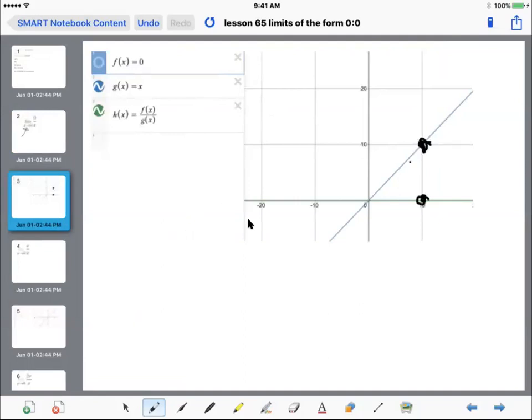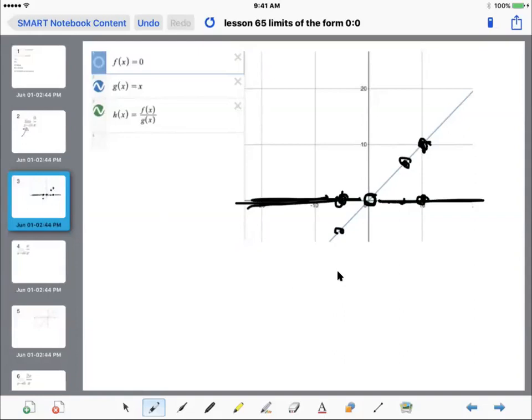And when x is 9, 0 over 9 is 0, and so on and so on. Now at 0 itself, it's undefined. So there's an open circle there. But when x is negative 5, 0 over negative 5 is 0 again. So this horizontal line,